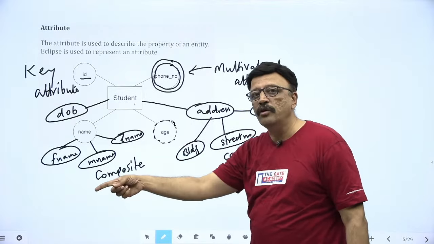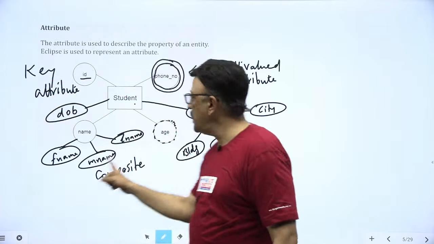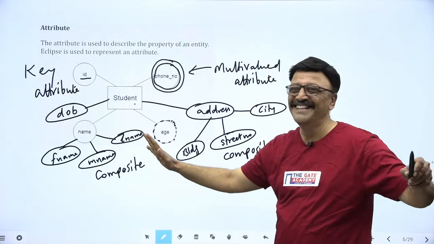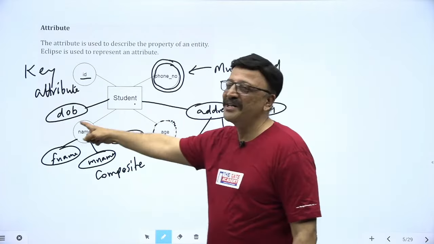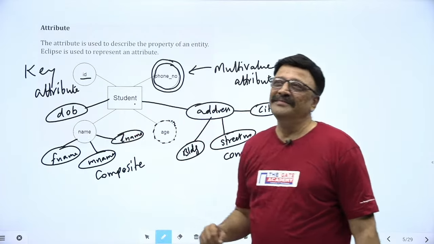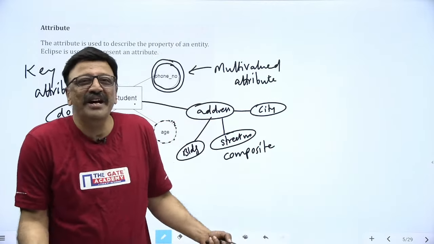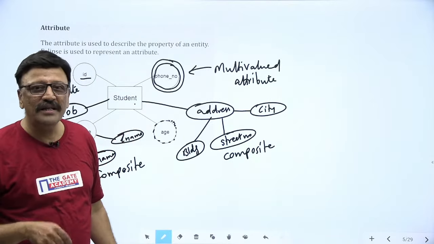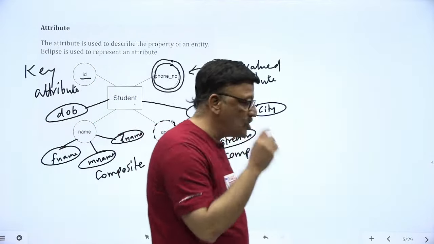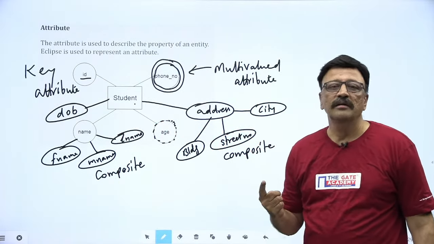So ultimately, at the end of the day, when we reach the last step, this age won't be there. This particular attribute will not be stored, but date of birth will be stored. So anyway we are going to ignore such attributes which are dashed ovals. So 4 types of attributes are there: composite, multi-valued,